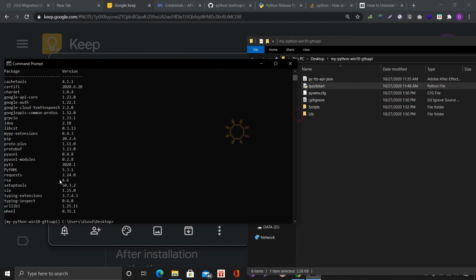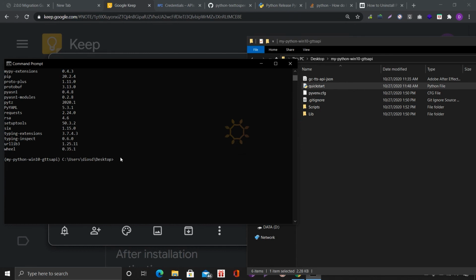Okay, now we are going to run that command. You just see if this is the folder, the file is there. Otherwise we have to go to that folder first, then run that command.